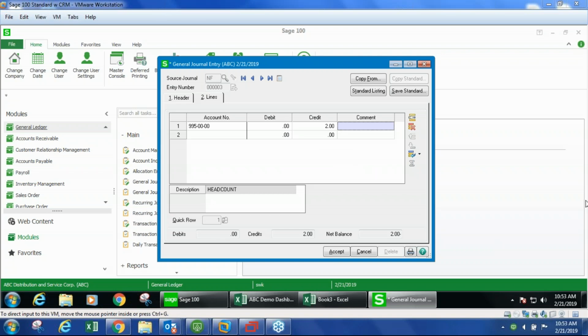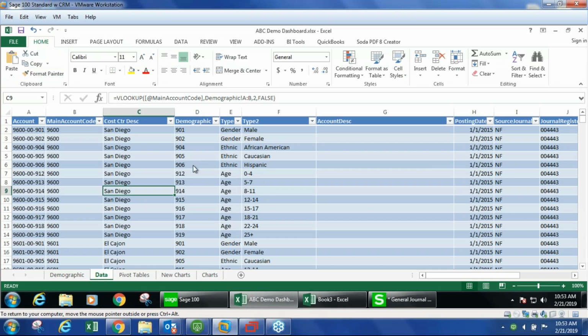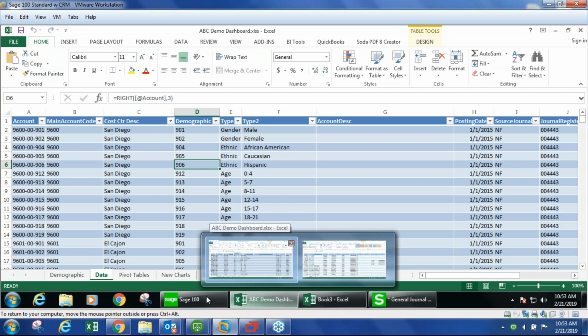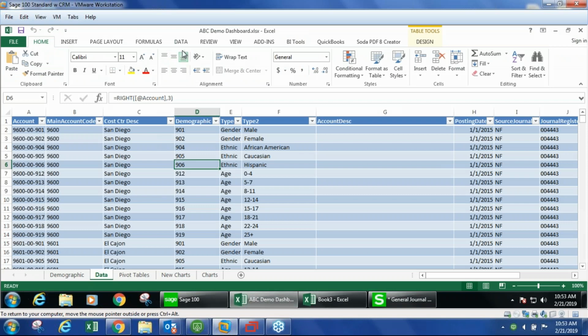So another question, if you can't see the Sodamass DSN in Excel, then one possibility is you're connecting to Sage through a terminal server or through Citrix or through Parallels. We have to have Excel in the same location as Sage, okay? For us to have that,